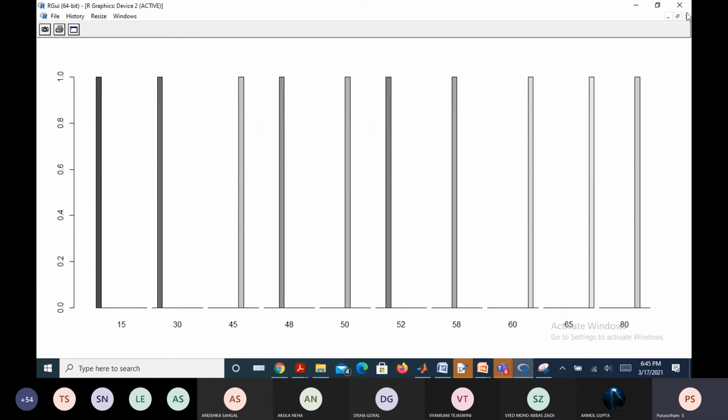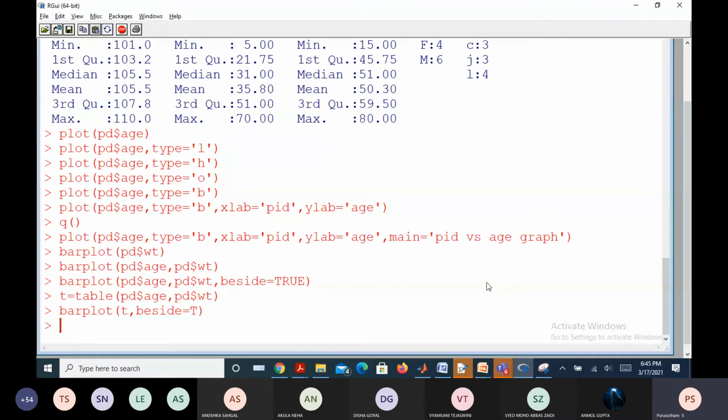Something it has shown is slightly not as expected, so I would like to change the syntax slightly again. What is the domain of x and y here?